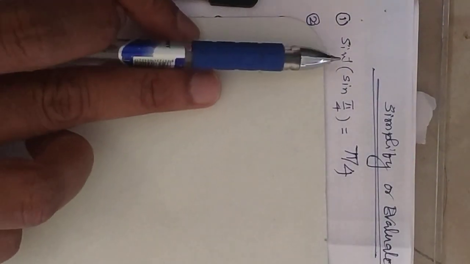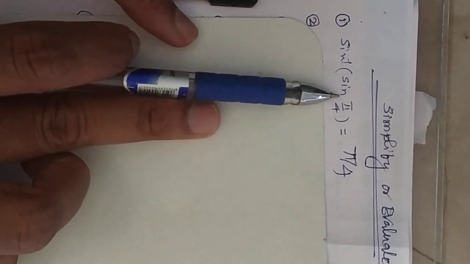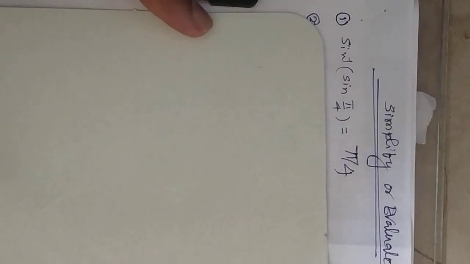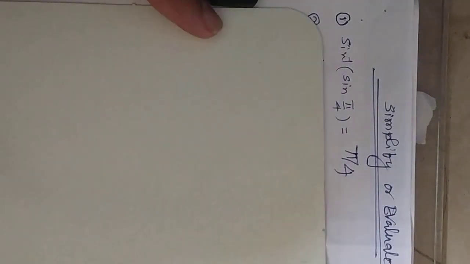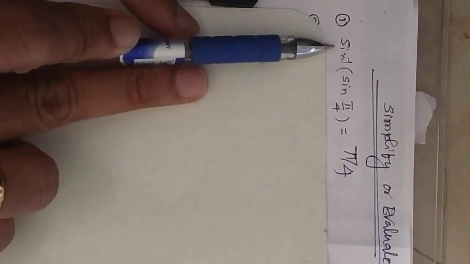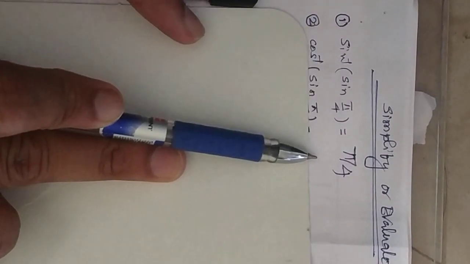Now which approach will be there? Sine inverse of sine x, provided x is in the domain range of the function, is pi by 4. Next one, what is the difference from the previous assignment? There we talked about domain, and these two expressions were simple. Now I am telling something over.